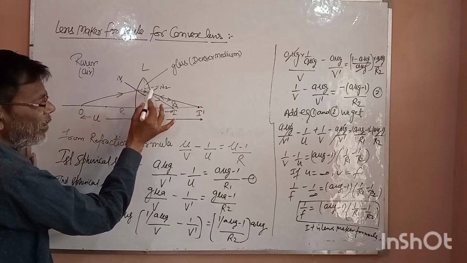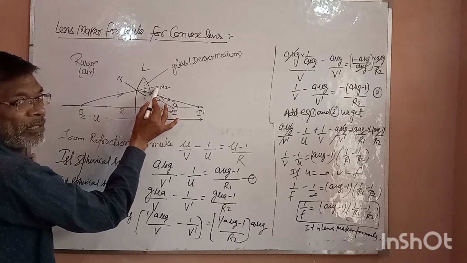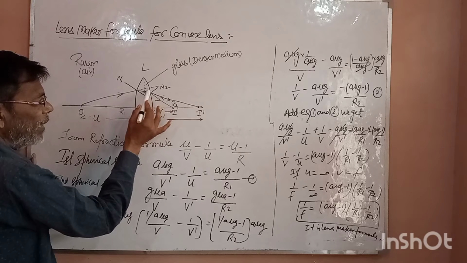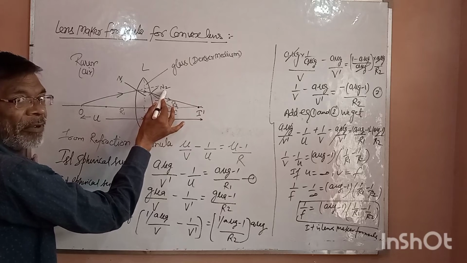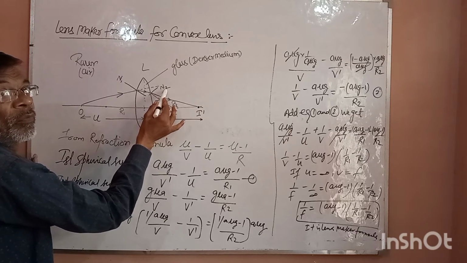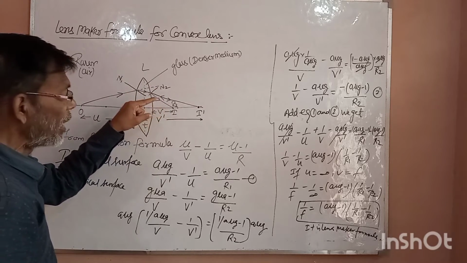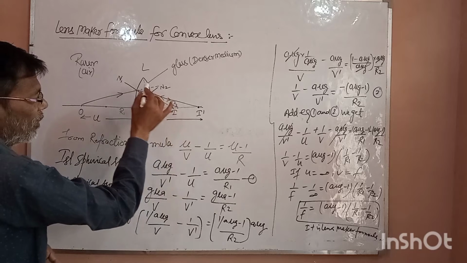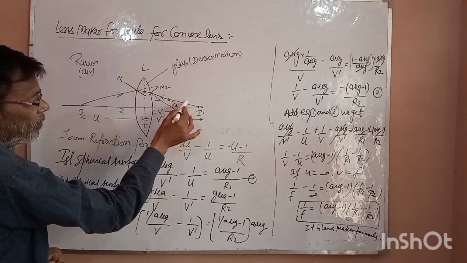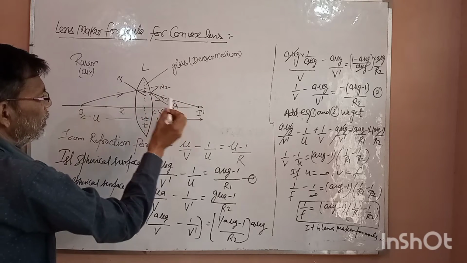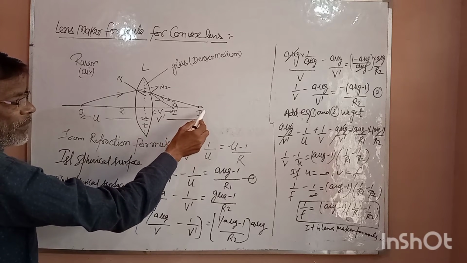The ray is deviated from the normal, and after that this is the normal to the light ray. Going from denser to rarer medium, it is also deviated away from the normal, because the light ray is passing from denser to rarer medium. So this is deviation number 1, this is deviation number 2. The image is formed at I dash.